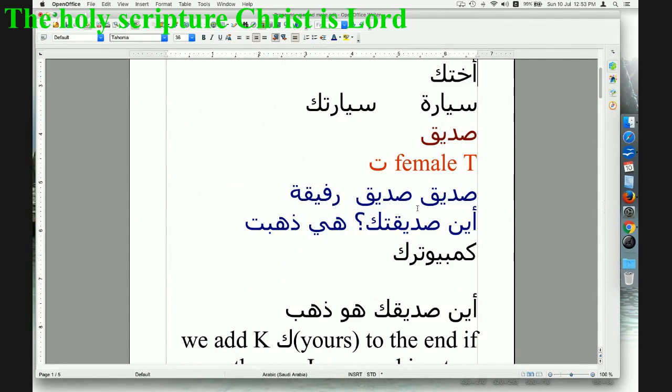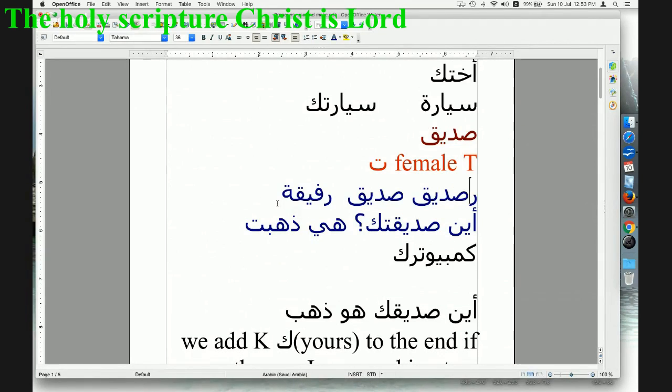It's the same rule actually. We add ka for the feminine name and for the male name, and that will make it belong to him or to her, depending on whether the name is male or female. So in the case of Sadiqa or Rafiqa here, Rafiqa,